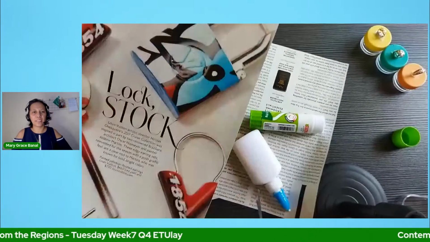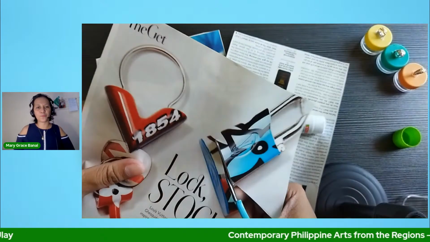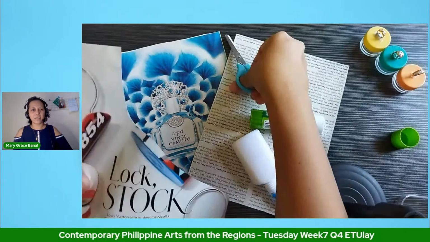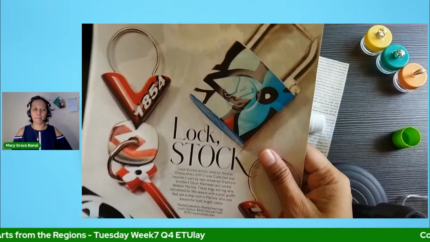So, nag-decide ako to have a pop of color dun sa ating collage. So, using this page from a magazine, I can decide to cut a certain part, pero pwede din naman na i-tear yung ibang part. So, hindi palaging cut ang gagamitin pag nagko-collage ka. Para may variety, pwede mo rin naman gamitin yung kamay mo. Especially pag iniisip mong, alam mo yung bagay na gusto mong mag-release ng something negative, idaan natin sa pag-tear ng mga papel sa ating paggagawa ng collage.